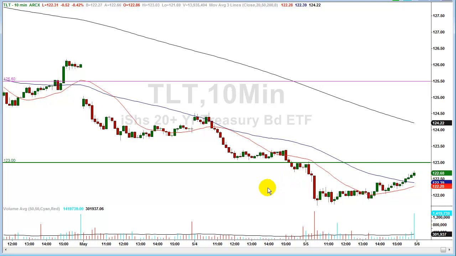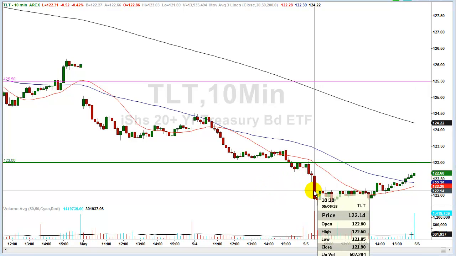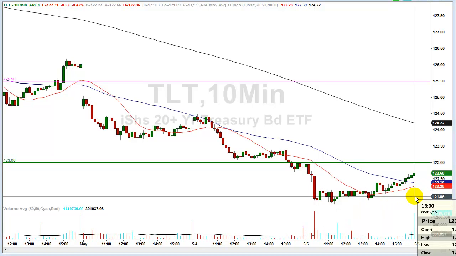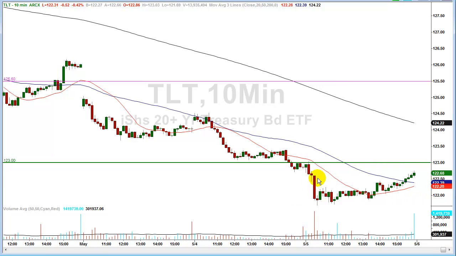To me, that's a bearish tone. This level here, 122.60. Where did we finish? 122.68. All right, so at least we finished above this red bar high, but I don't like it. And therefore, I just paint by numbers, I follow my rules, and I move on, and I'll reassess later. And that's the way I do it.